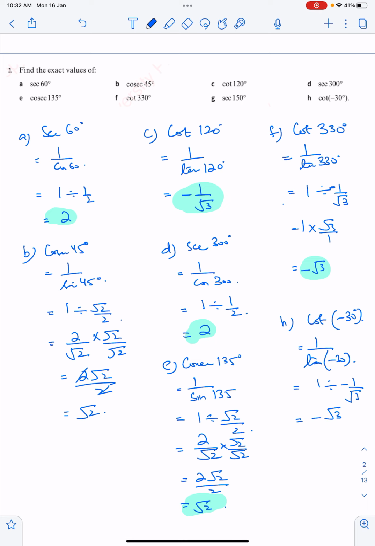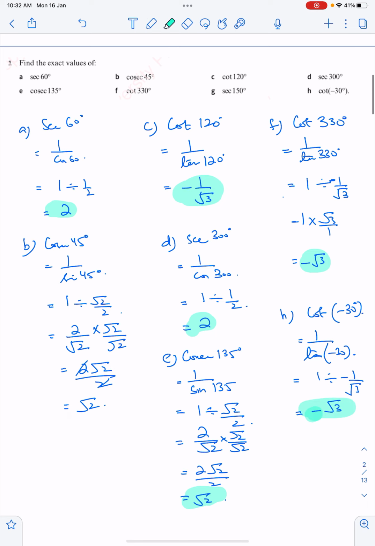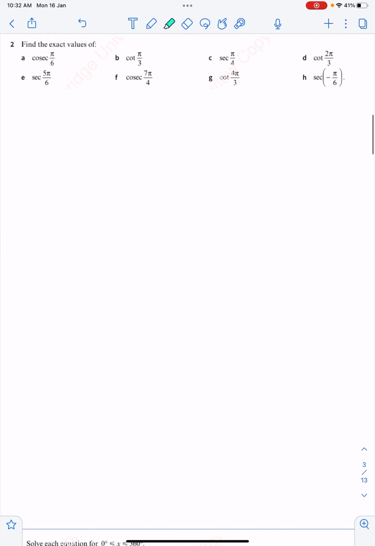Okay. Moving on to the second question. Question number 2. Find the exact values of. Now, this is in radians. So, pi by 6 we know is 30 degrees. So, the first part, cosec of pi by